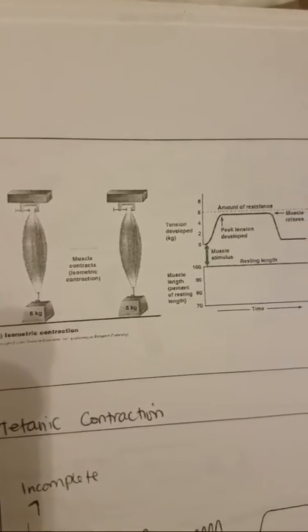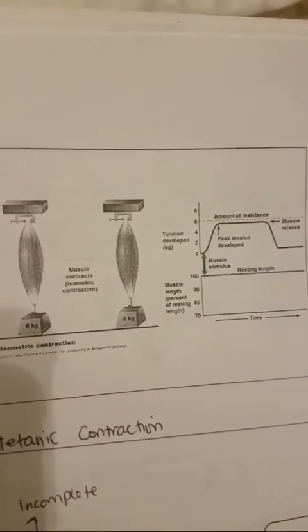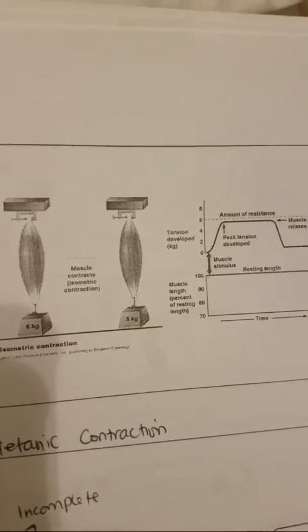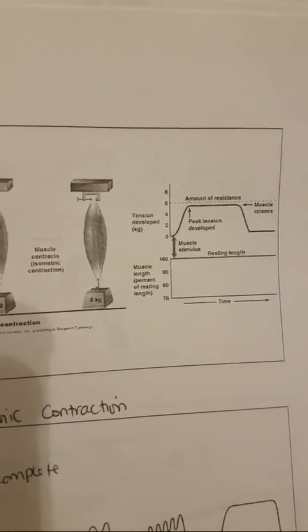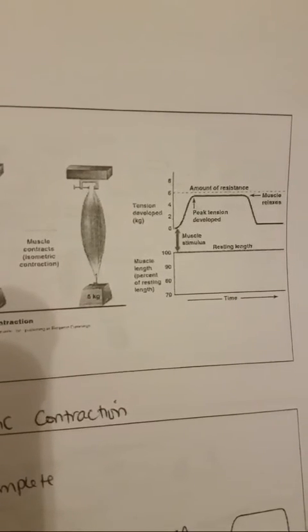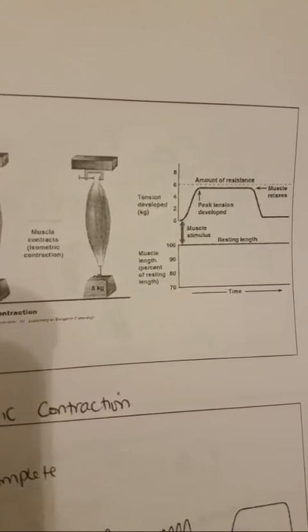Isometric contraction. Muscle contracts, isometric contraction, develops tension, muscle length, amount of resistance, peak tension developed, muscle relaxes, muscle stimulus, resting length. So, and then